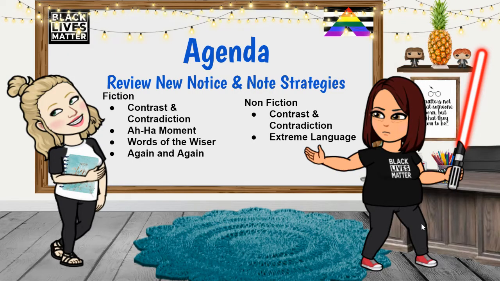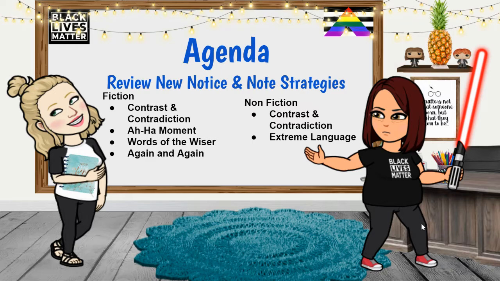So we are going to review using the Notice and Note strategies. We're going to be looking at two articles on CommonLit. We're going to look at a fiction one, and we will be looking for examples of contrast and contradiction, aha moment, words of the wiser, or again and again. We will not be doing each one of them, but we will do at least one or two examples